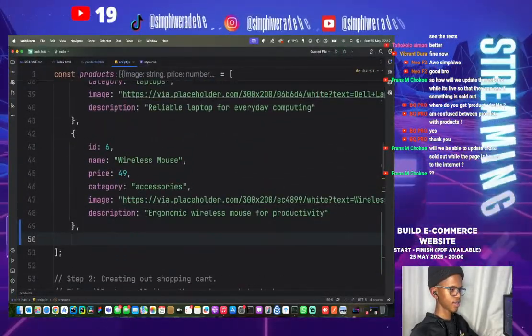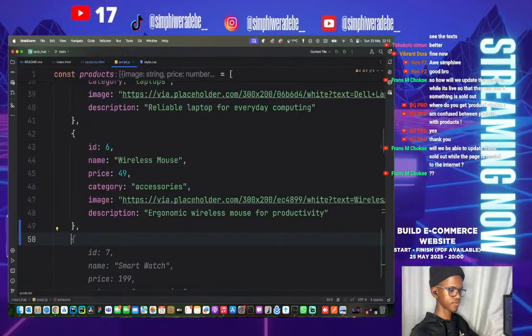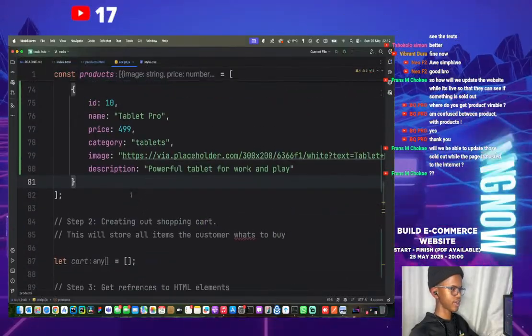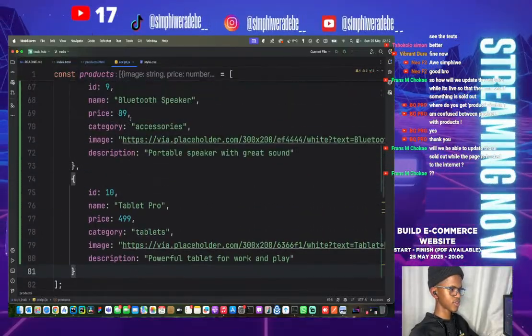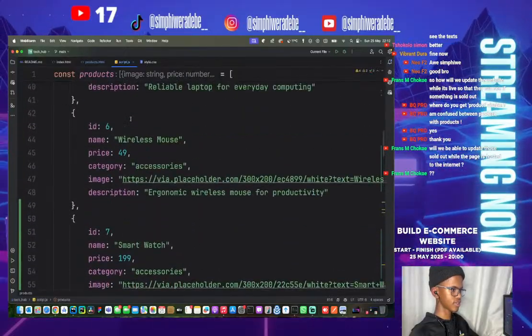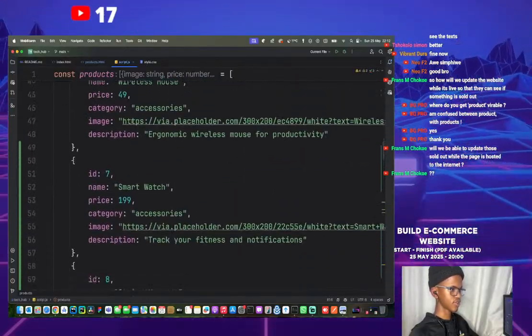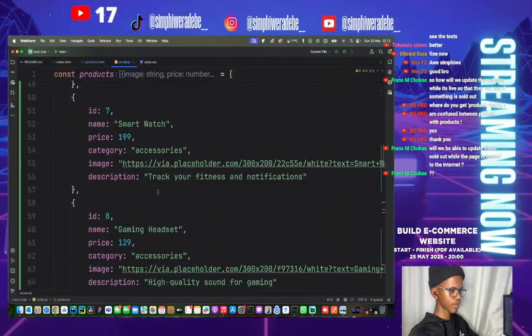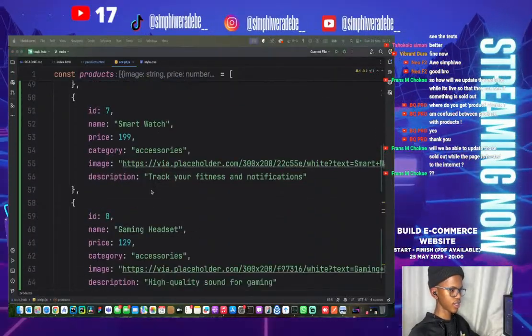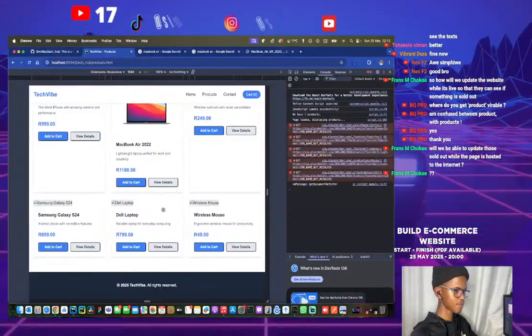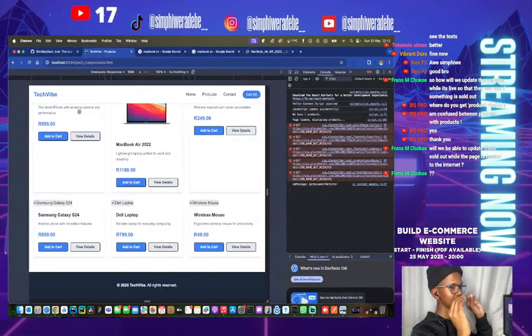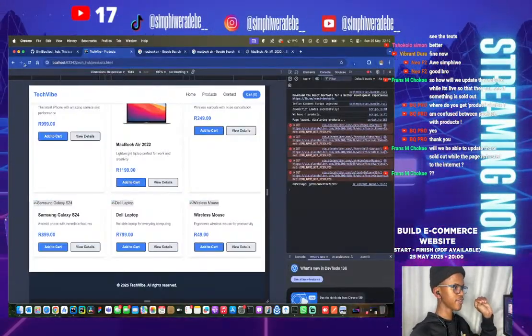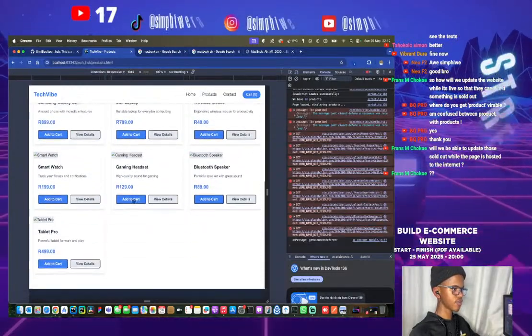Let's just add a brand new product, a smartwatch, right? So let's add a smartwatch. Oh, it added 3 new products. Oh, 4. That's crazy. Okay, so we added 4 new products. And you saw here we only had 6 products. Now we didn't touch the HTML at all, but if you refresh, you see you've got the new products